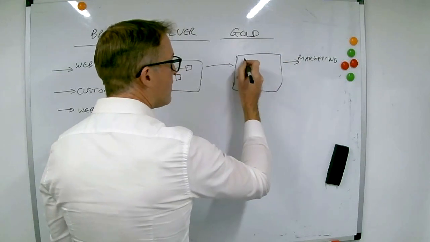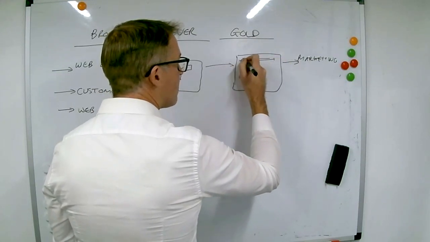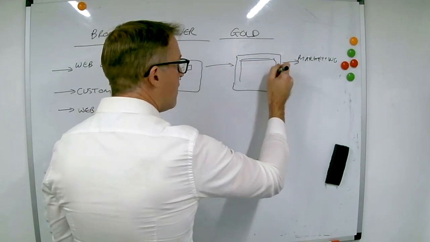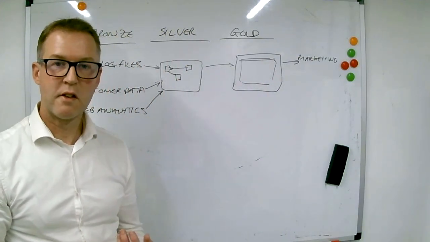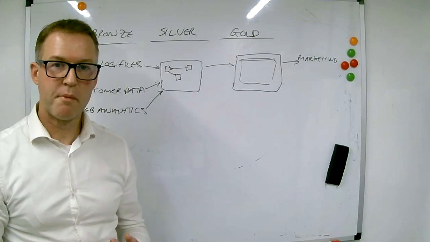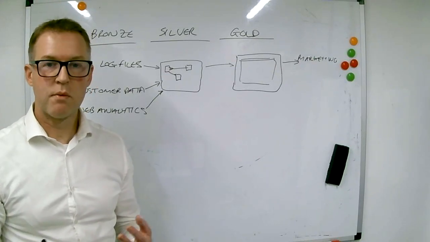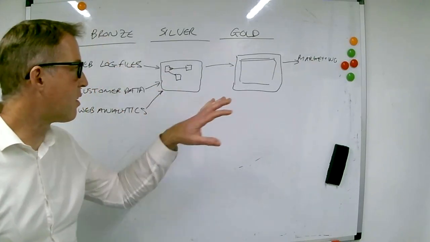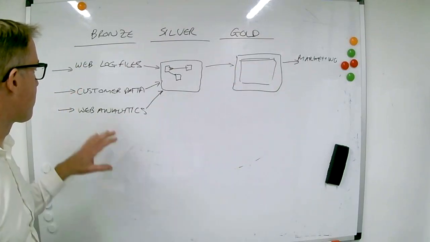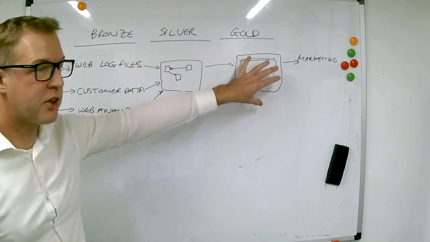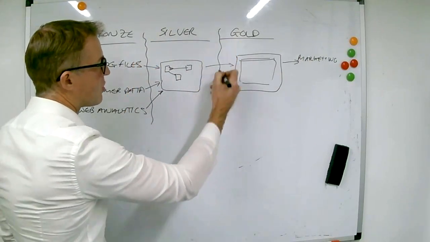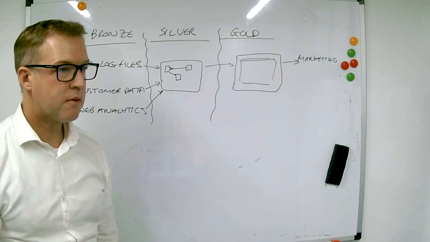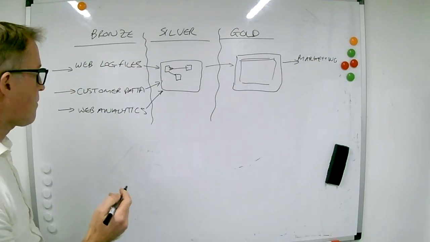And you can imagine it's sort of data in such a way that they can see who's going to which pages, what sort of demographic it is, loads of different information you can imagine within the reports there. So you've got this layered approach here, and obviously the benefits of abstraction are that